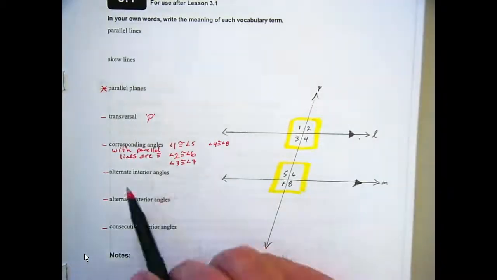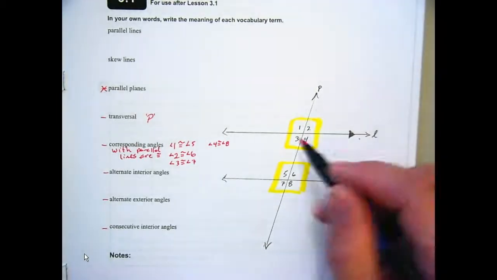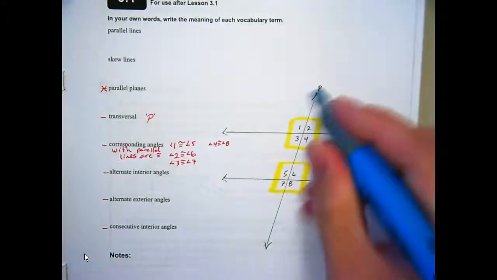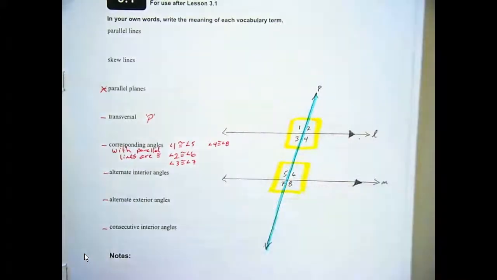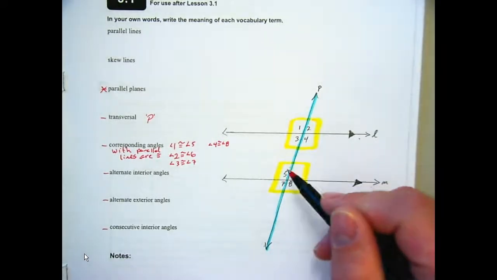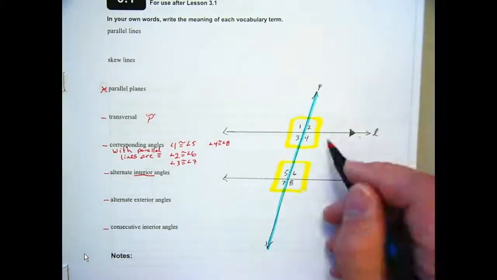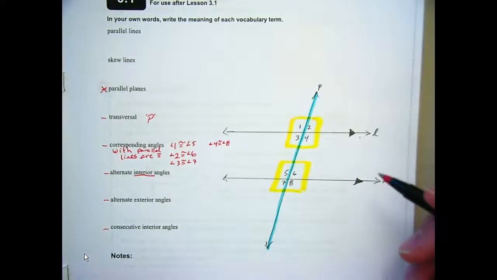Alternate interior angles. Alternate interior angles, once again, all these things happen along a transversal, so they always have to have the transversal connecting them in order for these things to work. Alternate interior angles happen on alternating sides of the transversal and on the interior of the lines. So alternating sides on the inside would be,